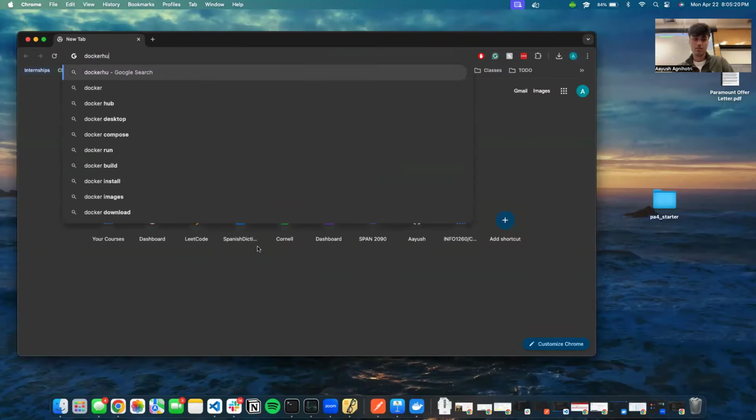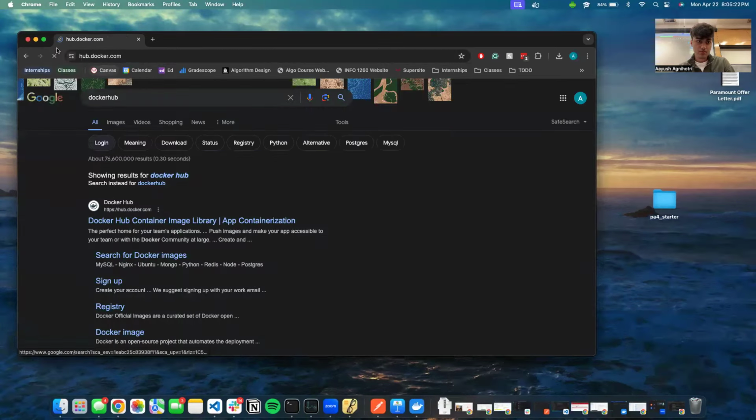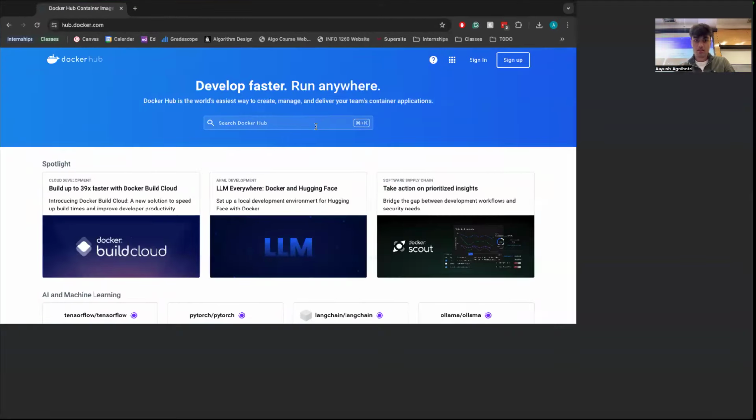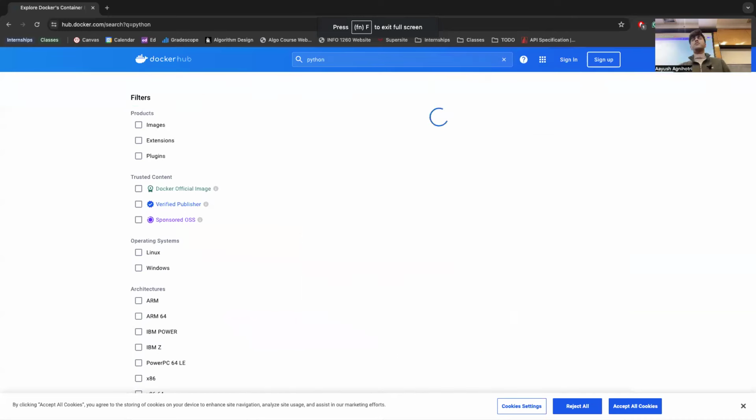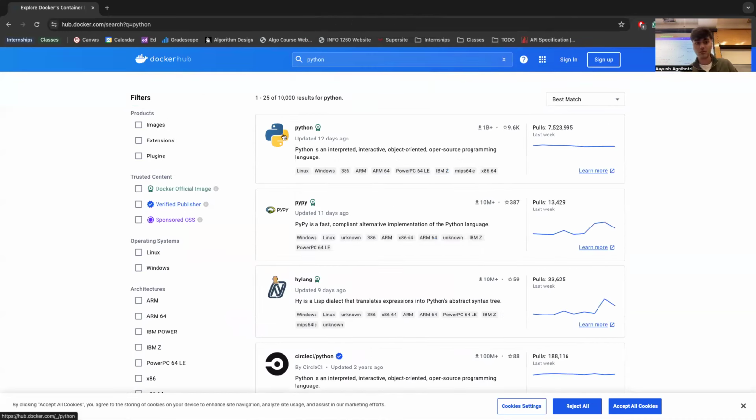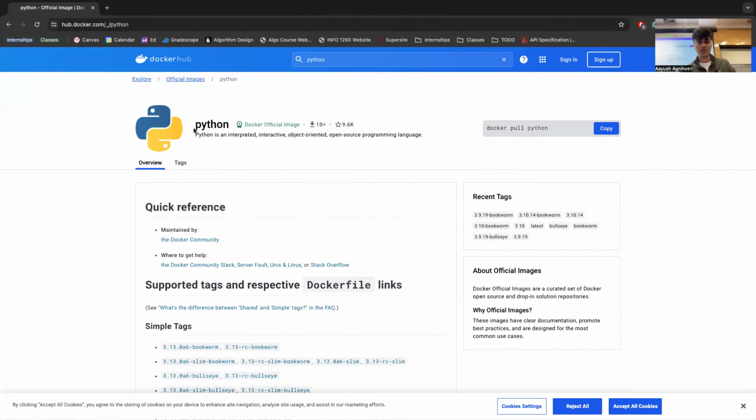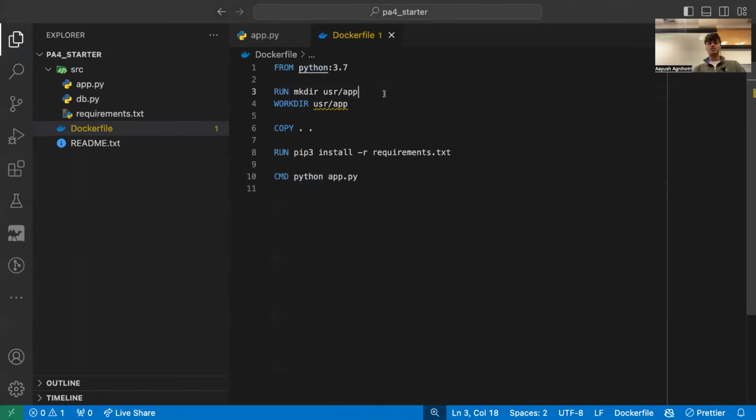We can literally just type in and find the Python container. We can see this right here. Python themselves have an official container for Python, and that allows us to use this already created container in our own application. So going back to here,